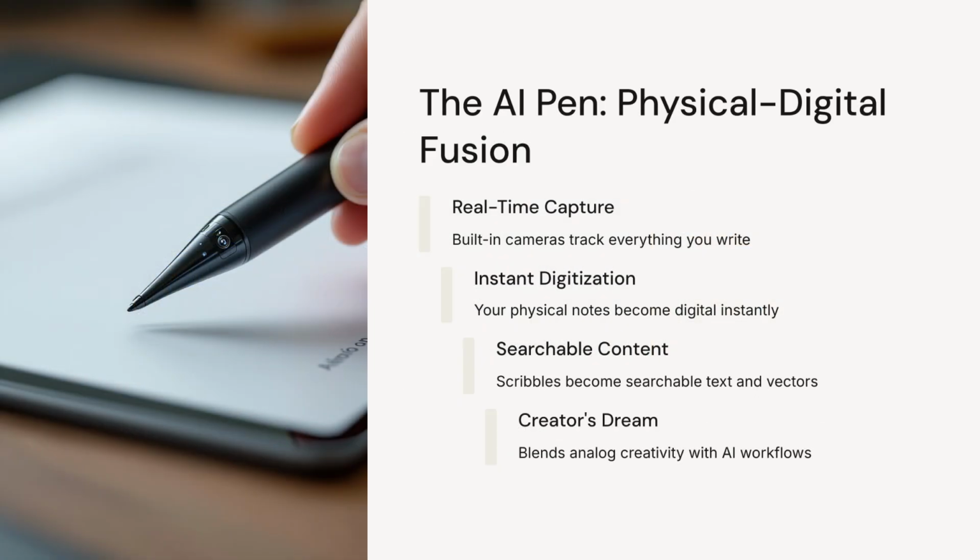An AI-powered pen with built-in cameras captures everything you write, draw, and instantly digitizes it. Why it's revolutionary: physical plus digital note-taking in real time. Turns scribbles into searchable text and vector graphics. Perfect for designers, writers, and creators blending real and digital worlds. Bridging analog creativity and AI workflows,